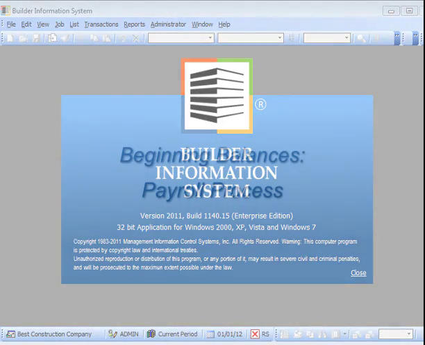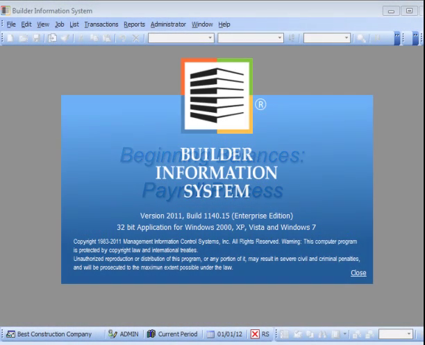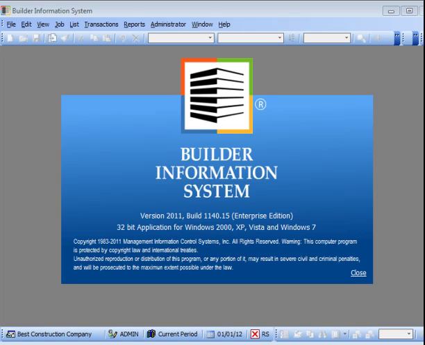This tutorial will cover the initial payroll entry process for completing the beginning balances. With the initial beginning balances journal entry completed and accounts payable entered, the next step is to enter payroll if